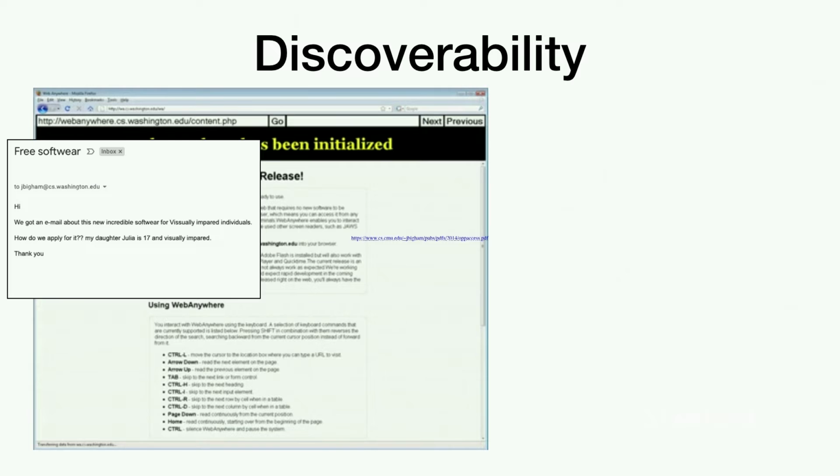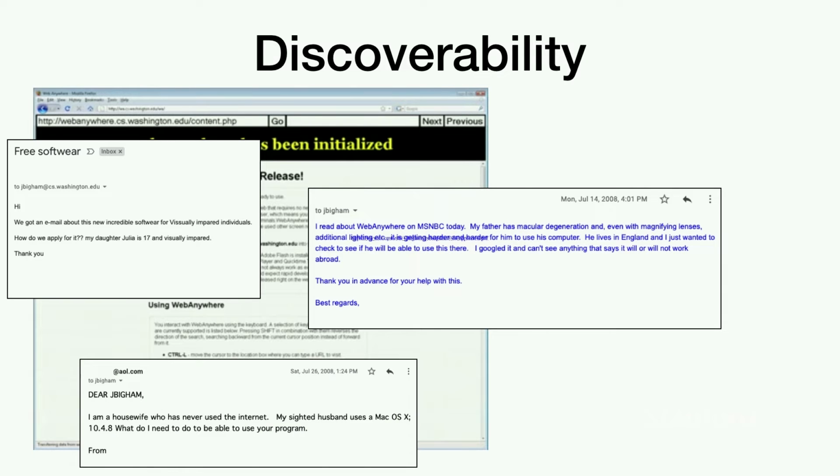But in the case of discoverability, my point here is once I did this, we put it out, it got some attention, and I started getting all of these emails. And the emails weren't like, oh, wow, that's really great, I can access this thing on the web from any computer. It was like, oh, wow, I'm so glad there's finally a solution for people who are blind to be able to access computers. And it's a lot of emails, right? My first experience with, wow, people just don't know about this stuff. And why should they, right? It's not out there.